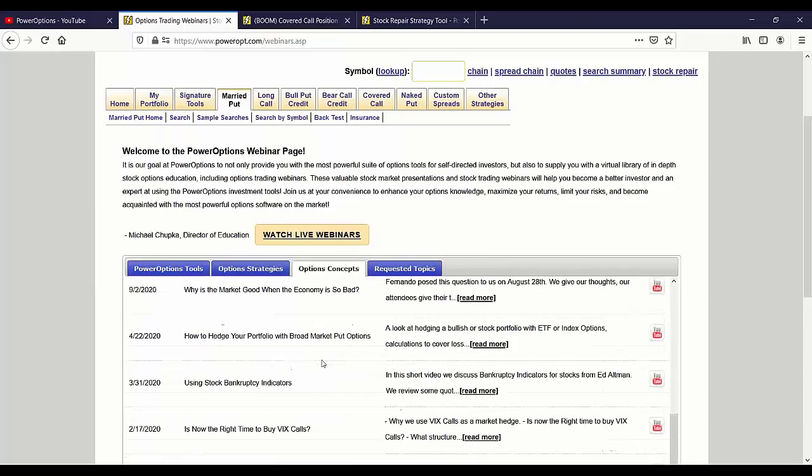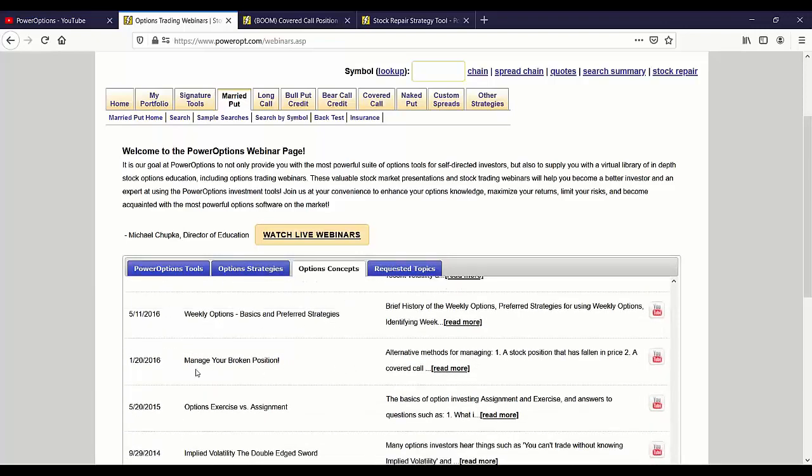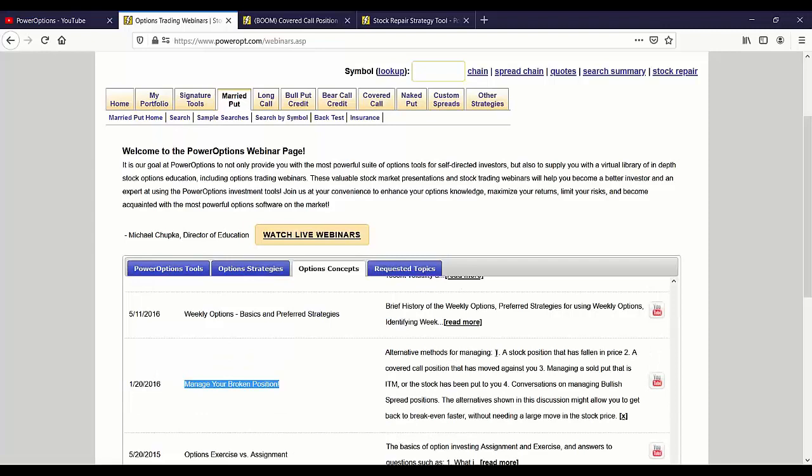But going further down this list from a few years ago in this section, there's one called Manage Your Broken Position. And it's alternative methods for managing a stock position that's fallen in price, covered call position that has moved against you, managing a sold put that is in the money and the stock has been put to you, conversations on managing bullish spreads. So it's a little bit of a lot in there, but it'll go more in depth into the ins and outs of the stock repair, other ideas, how you might consider managing that covered call position